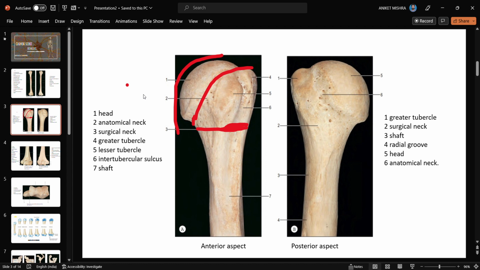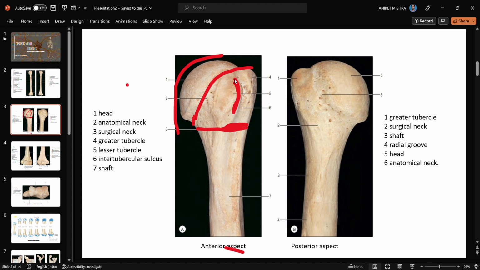The lesser tubercle is an elevation on the anterior aspect of the upper end. When we look at the upper end of the anterior aspect, we will see that there is an elevation. We can see that as an elevated part. This part is known as the lesser tubercle,